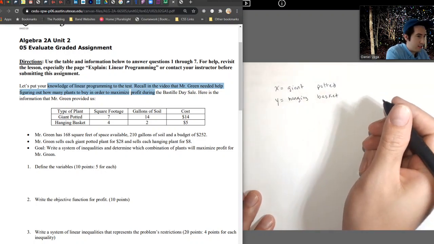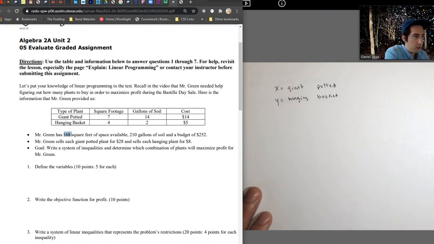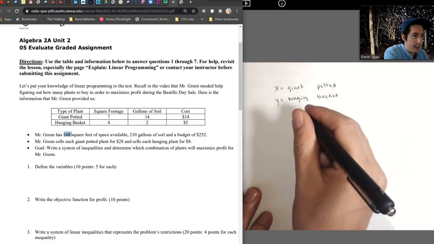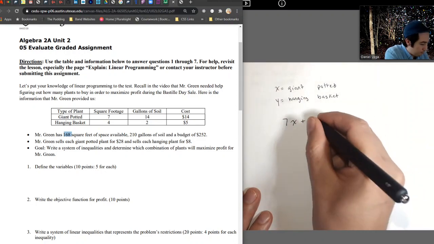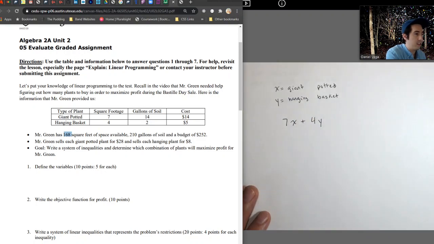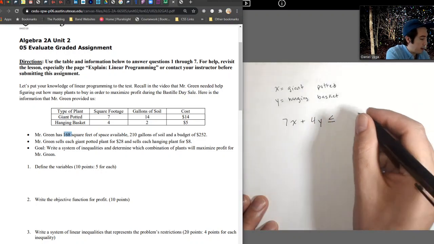So we had these equations here. If we think of square footage, giant potted plants take 7 and hanging baskets are 4 square feet. And in total, he has 168 feet of room, right? So we can say for every giant potted plant, this will be 7 times x plus 4 times y. That's the amount of space these plants will take. It has to be less than, or it could be equal to 168